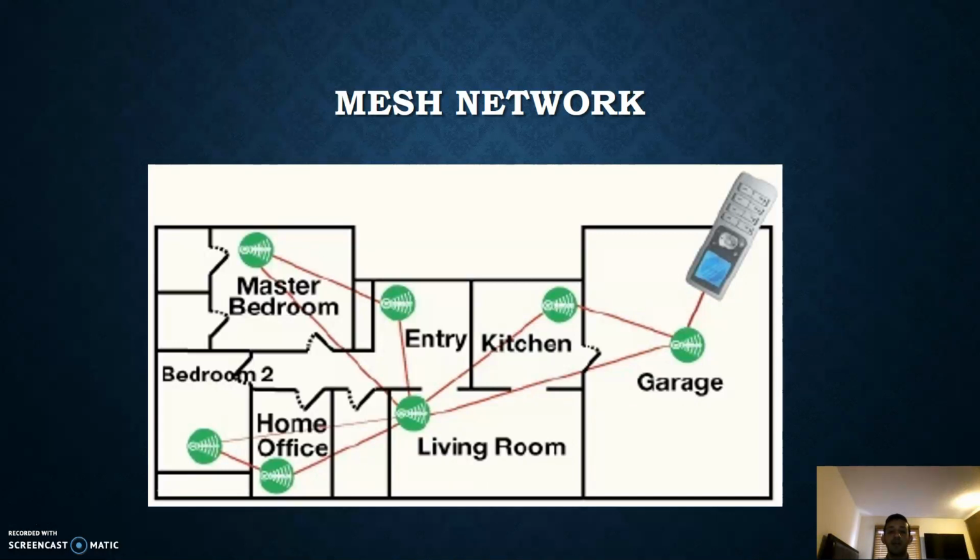This is a very simple diagram. It gets much more involved, but as you can see, the controller doesn't need to have range from the controller itself to the bedroom. All it needs is these sensors in the middle, which will relay the signal. And it's critical that these don't move, because if the garage sensor were to move past the entry or living room, it's going to think that the kitchen and living room are its first point of contact, when really master bedroom or bedroom 2 will be right next to it. So order matters in these low powered mesh systems, Z-Wave or ZigBee.